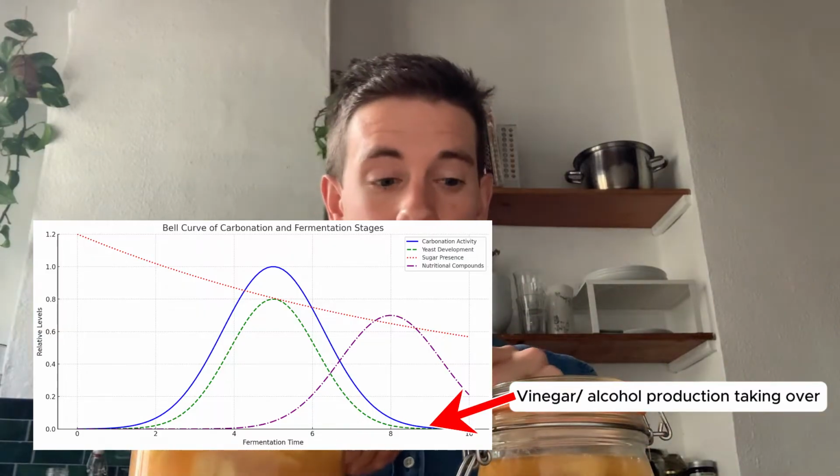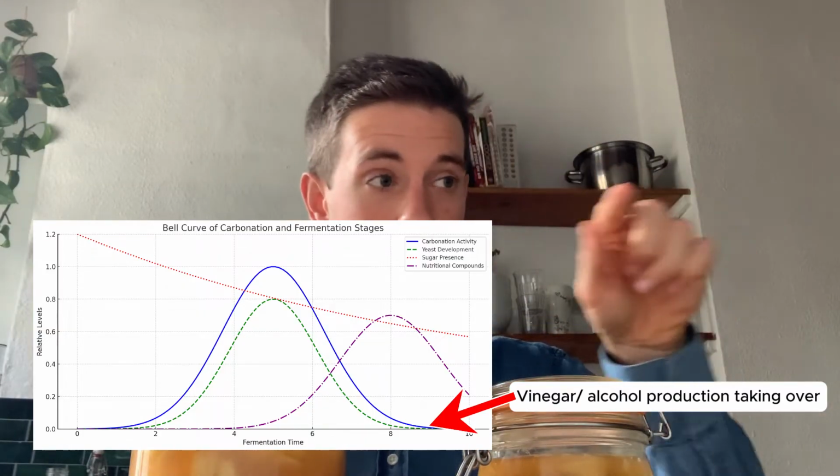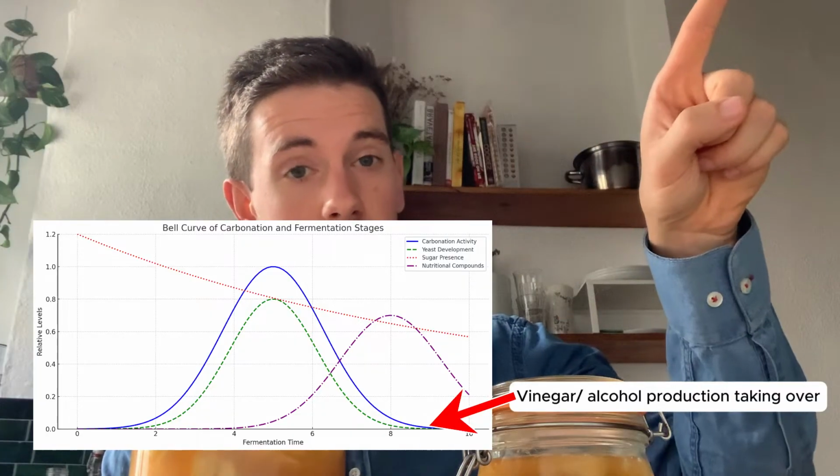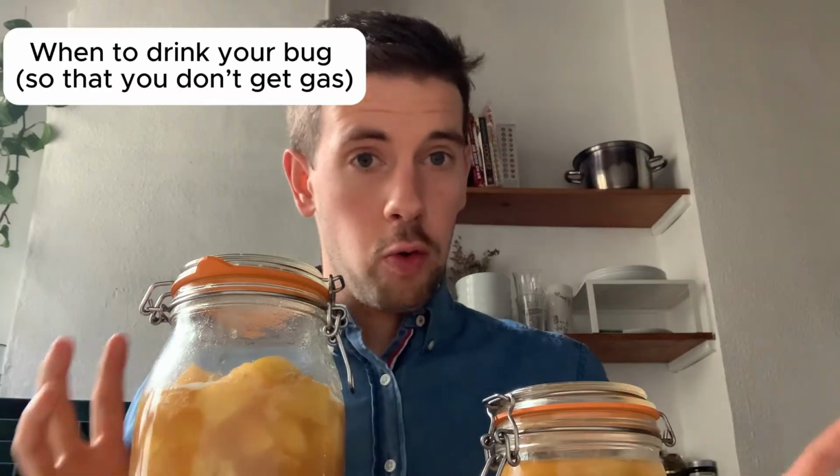But eventually, if you take it past that bell curve, you will then either split and make either vinegar, if you have air that's being incorporated, or you'll make alcohol. So for nutritionally beneficial and easier digestibility, when talking about a ginger bug, apple bug, any other kind of bug that you're interested in, you're going to want to wait past that peak so that when you are drinking, you